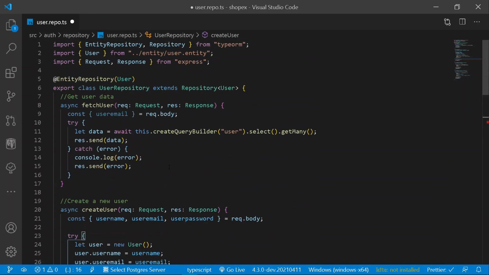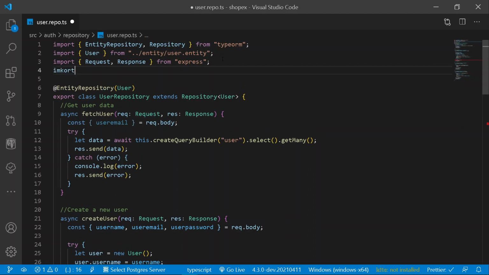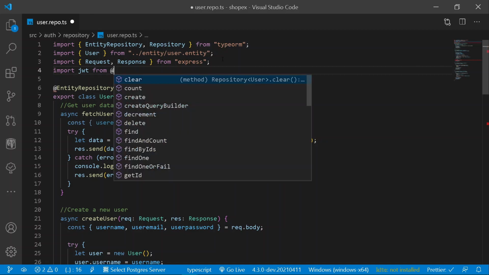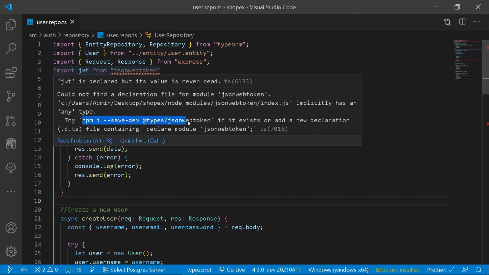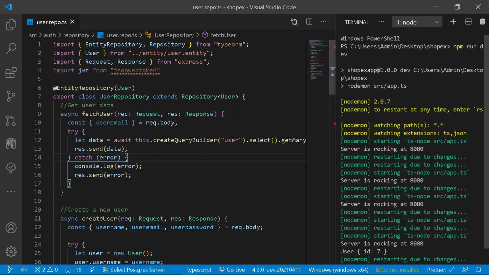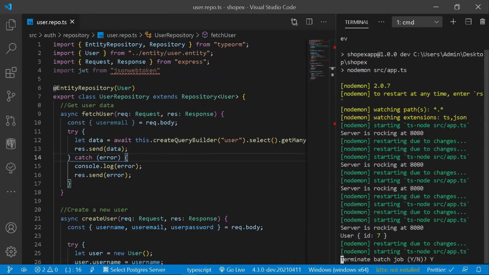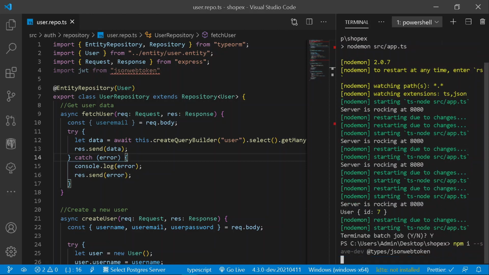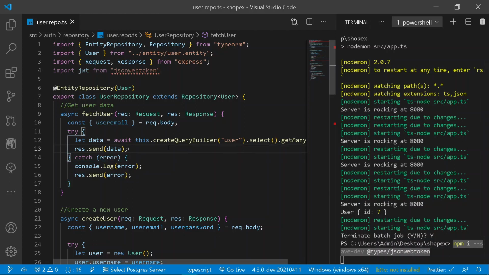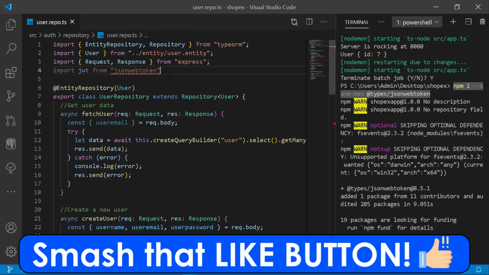And for using JWT, first of all, we need to import it. So for that purpose, here you should be writing import jwt from jsonwebtoken, just like this. Now here you are getting the following error because we need to install JSON Web Token for TypeScript as well. So for that purpose, let's stop our entire process, clear it once. And here let's add the command for installing the JSON Web Token types under dev dependencies. Let's wait for it. Cool, so this error will be gone in no time. Cool, so the error is gone.